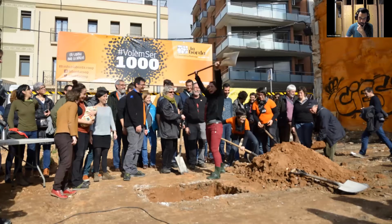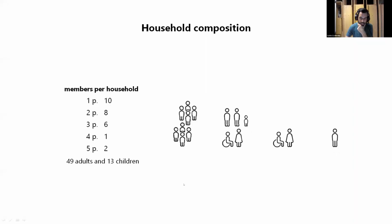This was the moment of the groundbreaking ceremony when we finally got the land, and you see how happy people were. And one of the important aspects of this type of project is that because we know who's going to live there, we have a totally different relation to collective housing than the average project. In the conventional projects,